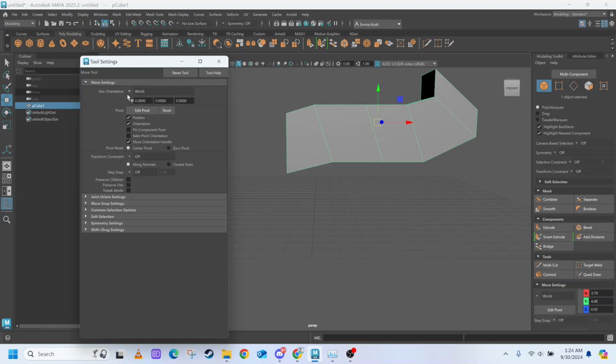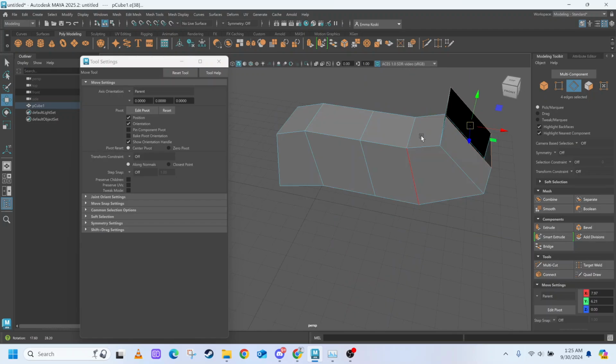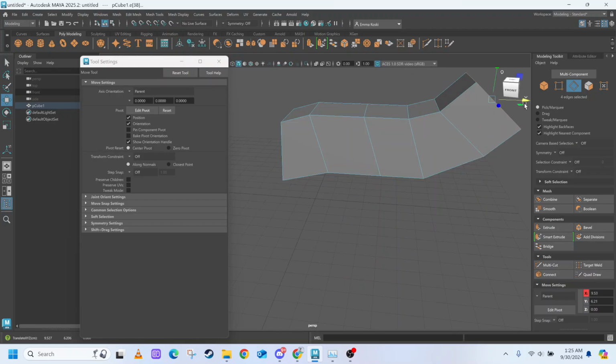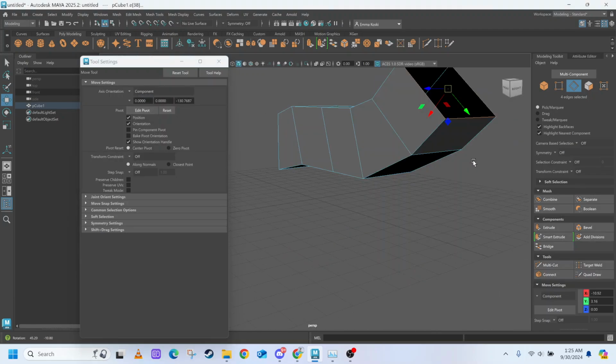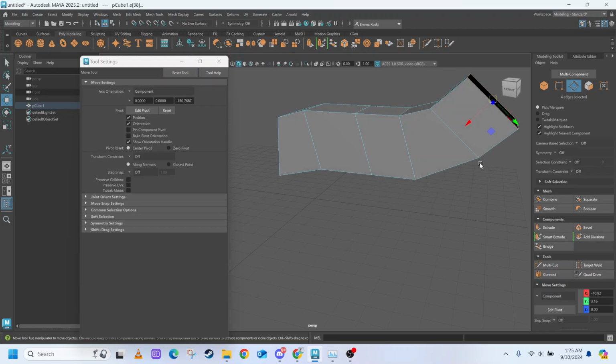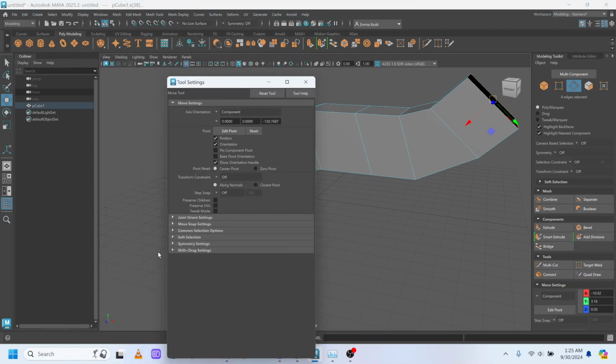And this is correlated to the world mode. If you correlate it to the object mode, right, then it's going to be based off of your object. And if you choose component and you have just part of your object selected, so just my edge loop, component is going to take a look at wherever your current edges are, and that is what the widget will be based on. So if I choose component, okay, notice how it now lines up directly with the direction of my edges rather than matching